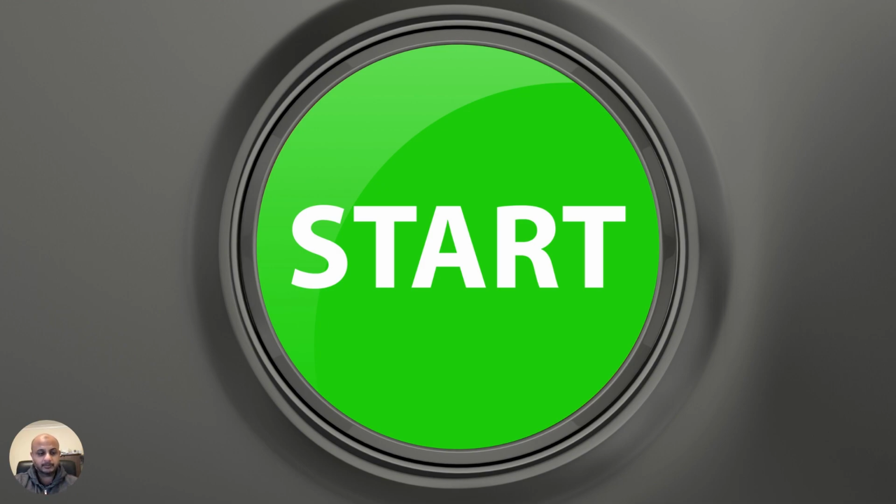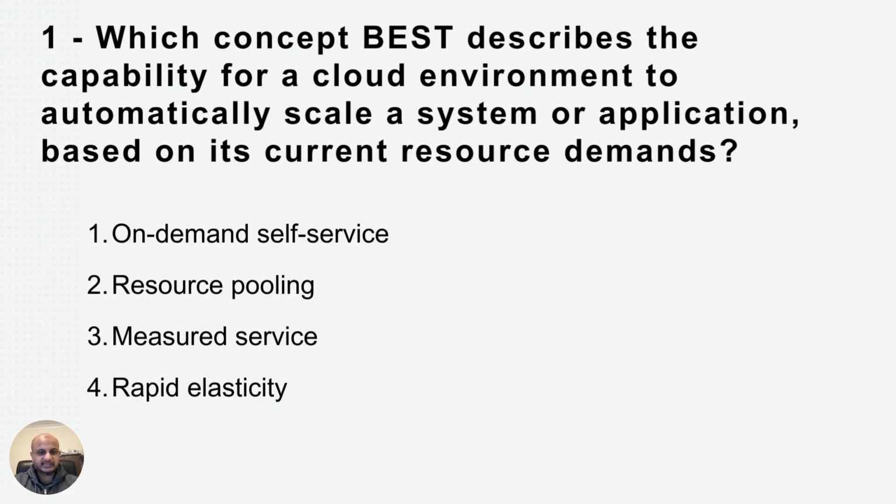Let's go over a few test CCSP questions. Okay, so let's look at the first question. Which concept best describes the capability of a cloud environment to automatically scale a system or application based on its current resource demands? Now, one tip which I always give, and I've given before also, please do not look